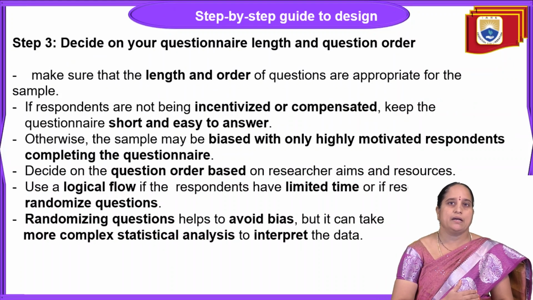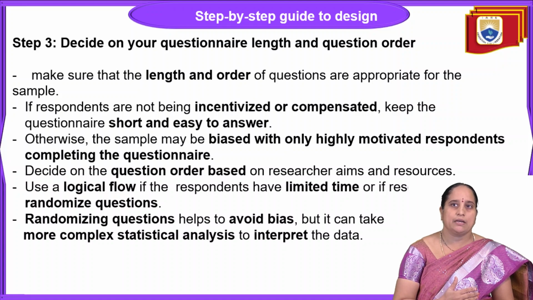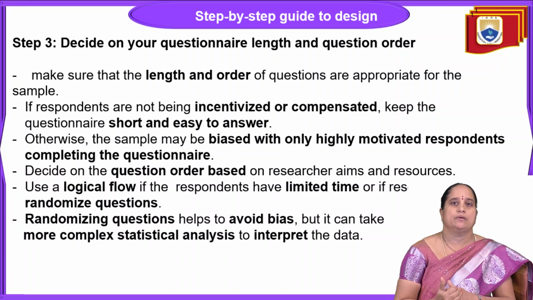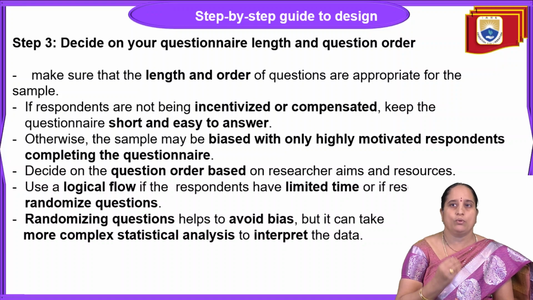And the third step is to decide on your questionnaire length and question order. Make sure that the length and order of the questions are appropriate for the sample. If respondents are not being incentivized or compensated, keep the questions short and easy to answer. As I told you, we should start with simple and move to complex questions. Otherwise the sample may be biased, with only highly motivated respondents completing the questionnaire. Others may not